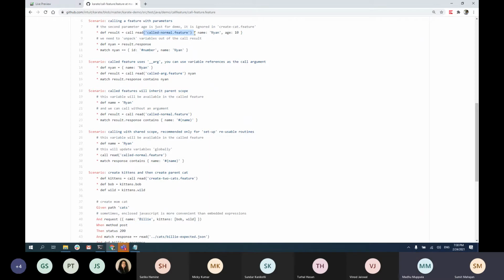There are ways to suppress the reporting functionality of the call feature. But then if something fails inside your feature, you will not know what failed in that feature.